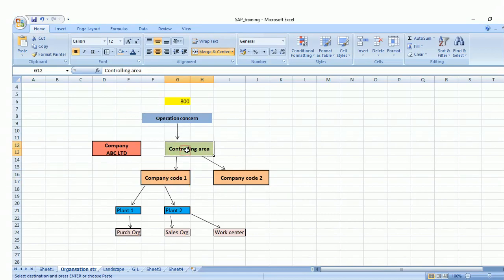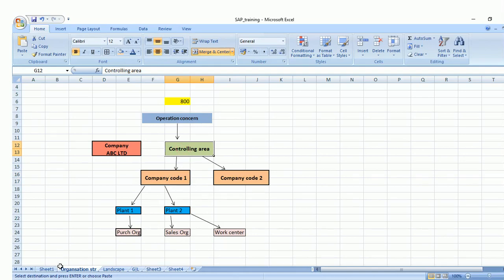So if we do not create controlling area, the system will not allow the company code to post any transaction. Controlling area is a different module, but here we have to complete one basic step, then only we'll be able to post the entry. So this is the prerequisite that we have to complete now.